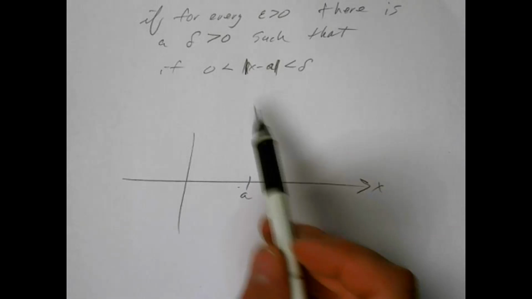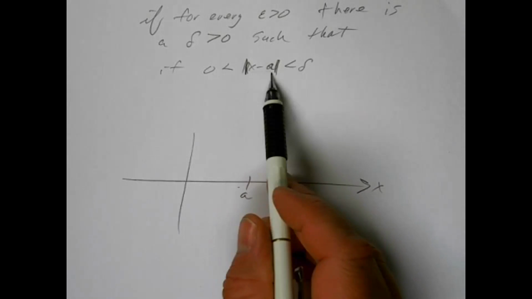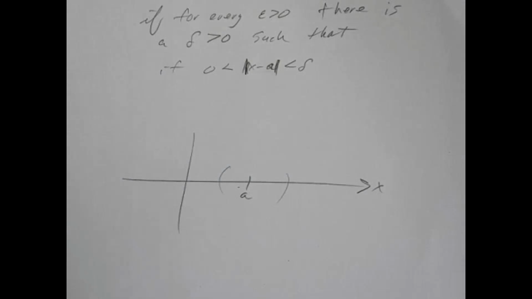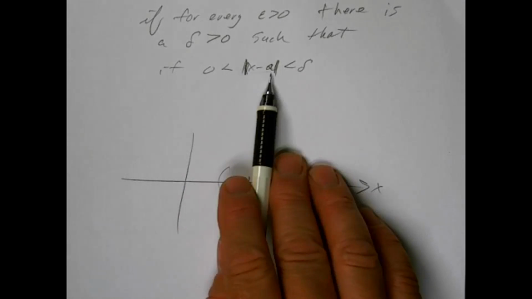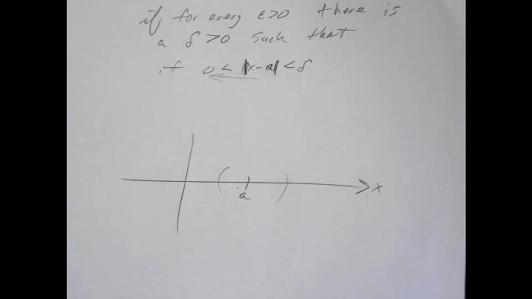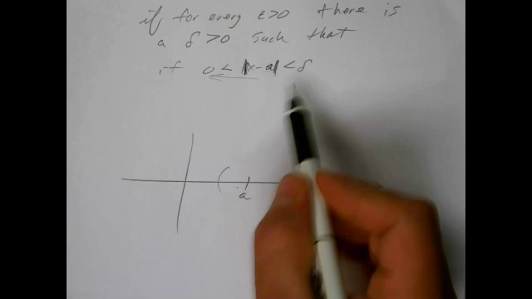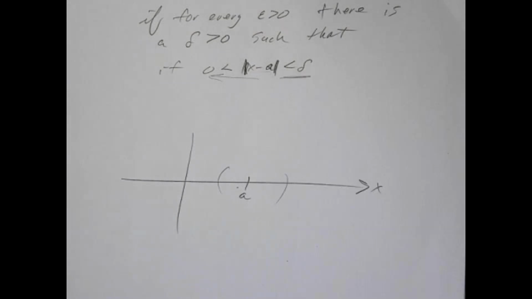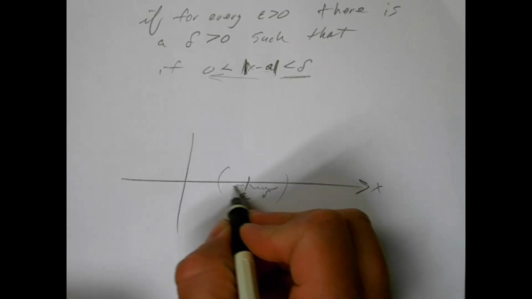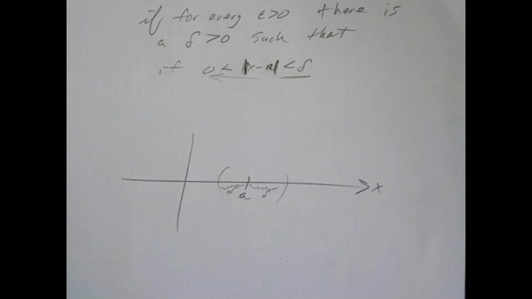So what you're saying here is that for all the x values that are within a certain distance of a, first of all, the distance between those x values and a is greater than 0. It's basically meaning for all x's that are not equal to a, but are close to a. What you're setting up is something that's sometimes called a delta neighborhood. So you're saying that if you get within delta in either direction of a, if you get this close to a, then